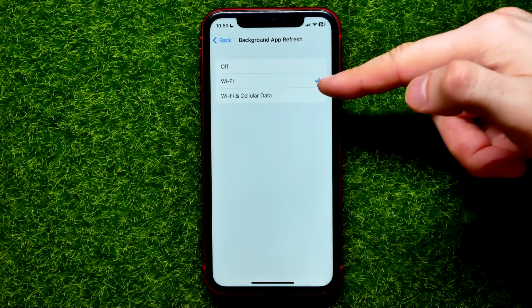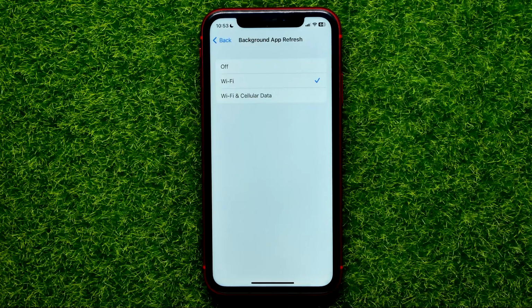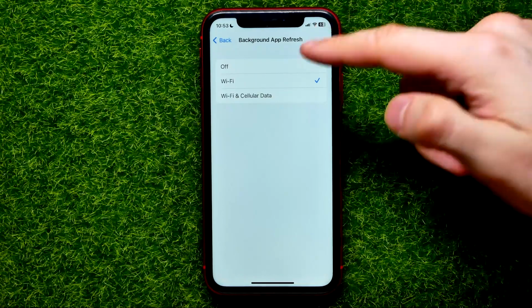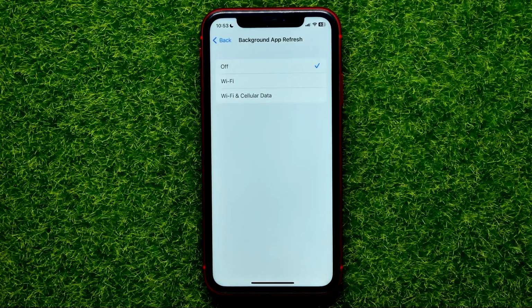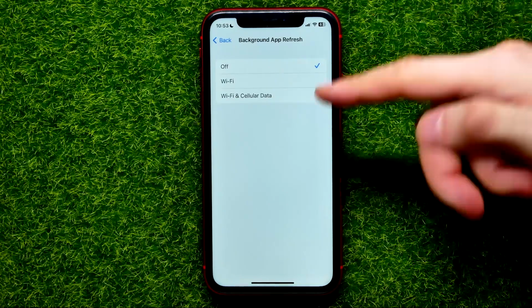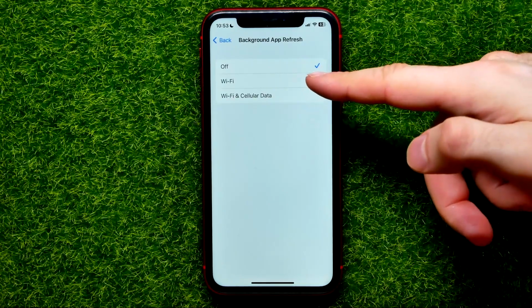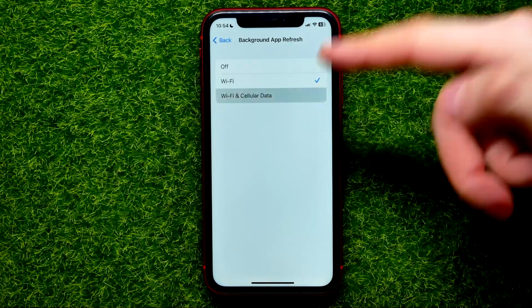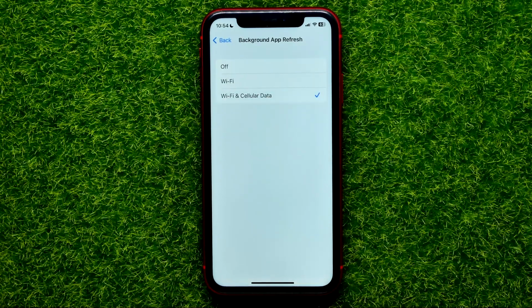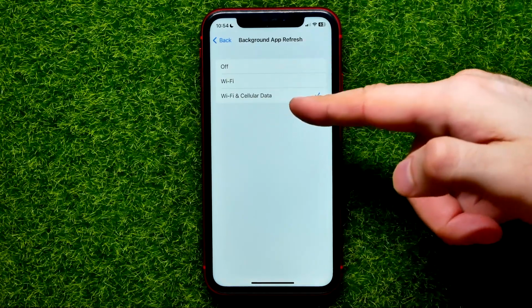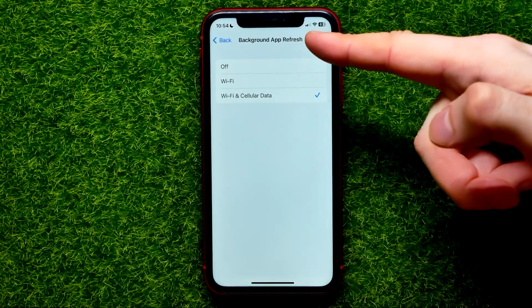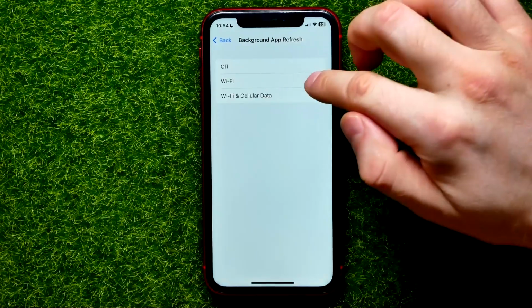Now it's set to Wi-Fi, so apps can use Wi-Fi to update their content while on the background. You can hit right here at off to completely toggle off background app refresh, or you can hit at Wi-Fi or even Wi-Fi and cellular data. I don't want my device to be able to use cellular data for background app refresh, so I'm gonna select